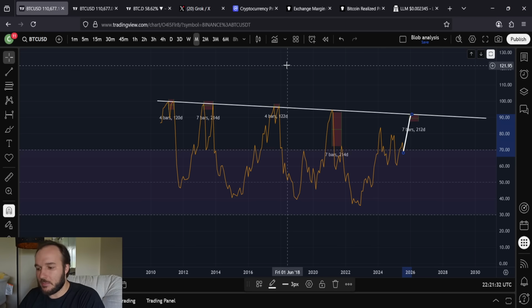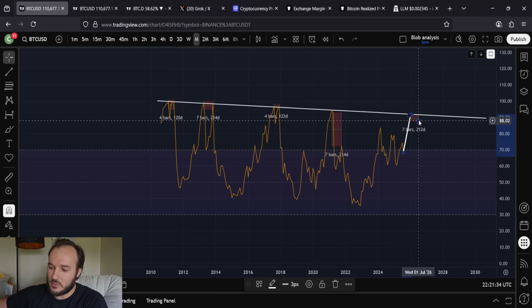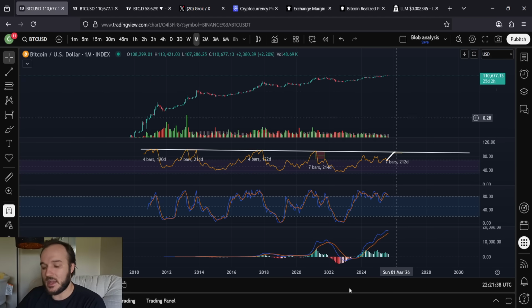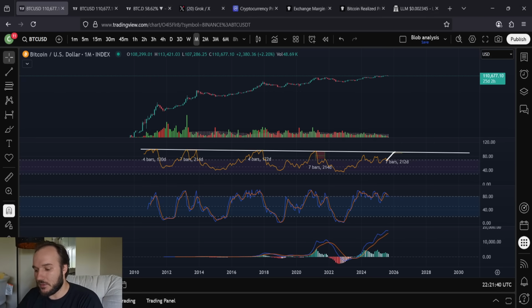We'll correlate it with the pi cycle top. We'll correlate it with the idea of getting 2 peaks, 2 significant peaks. But until that happens, I'm maintaining the idea that it's going to be a 4 to 7 month window before that bull market's over. We haven't even gotten above 90 once this cycle.